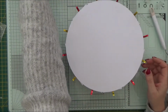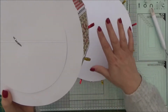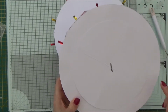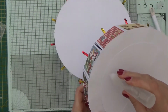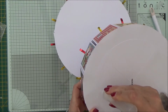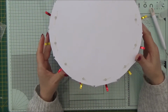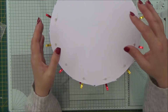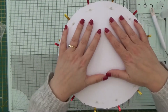So now you want to grab your top tier, which has got the disc on it, and you want to adhere this to the bottom layer, but you just want to apply glue to the smaller circle only. Don't add it onto this bigger circle, just apply the glue onto this small circle. So we'll go round the outside first. Okay, and then just position that so you're going to line up the base of this second tier with the top of the bottom one. And once you're happy with that, again you can just push down